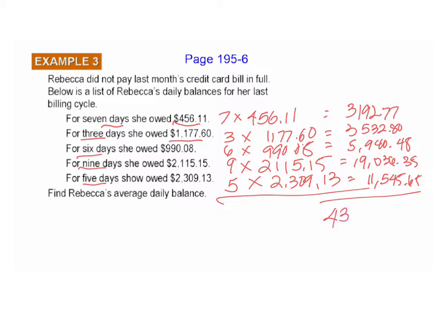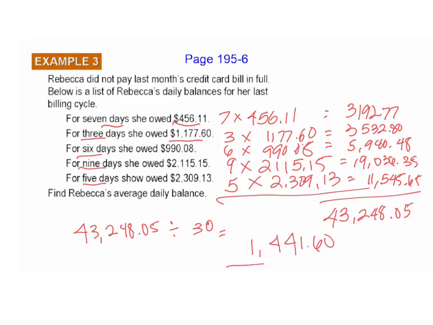You get $43,248.05. Why do I add them all together? Because then I divide that number, 43,248.05, by the number of days, in this case 30. And I get her average daily balance, which is $1,441.60. Now, it's a lot of computations, and it takes a little time, but there's nothing more complicated going on